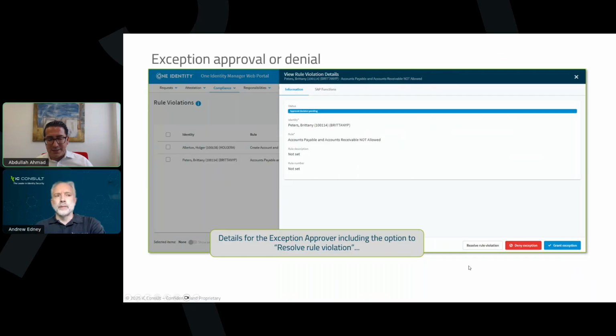First of all, something has been detected in the system, and they can just go here and resolve the rule violation by revoking that assignment, which is coming from a backend system, assigned manually by administrators. So you can do that immediately. Or maybe you want to deny that exception or approve it.